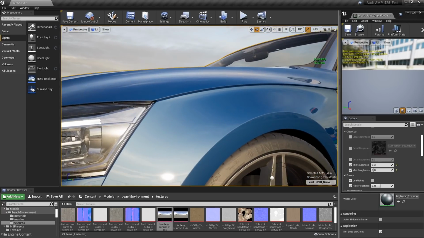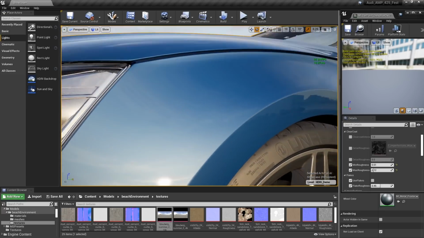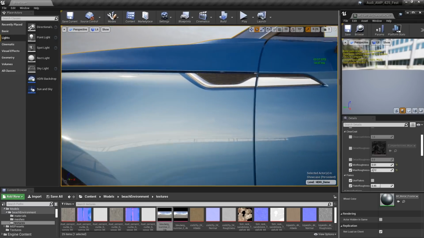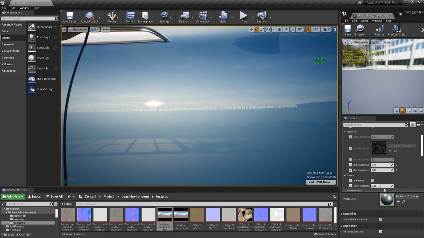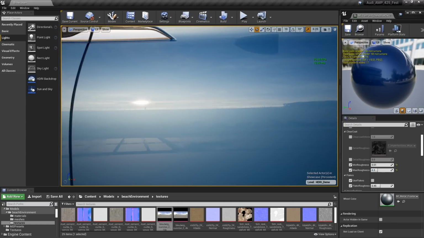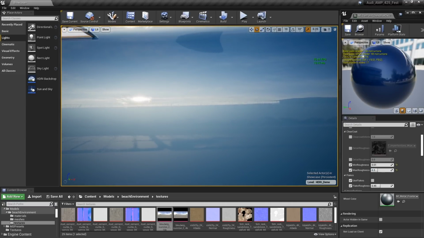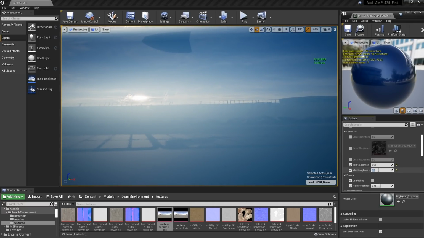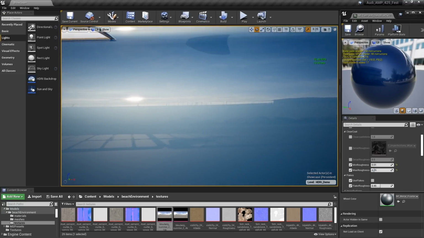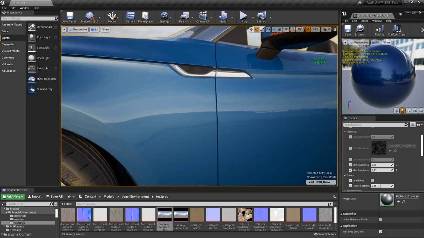And now as this moves across here, you're going to get this sense of these little, let's just increase that up to something like 0.3. You can see now there's a little bit happening as it moves across this surface, and that might be a little bit strong. Let's go back down to something like 0.2, or maybe, the car was just detailed. We'll make it 0.15. But you get this little bit of breakup on that speck, which looks really nice.